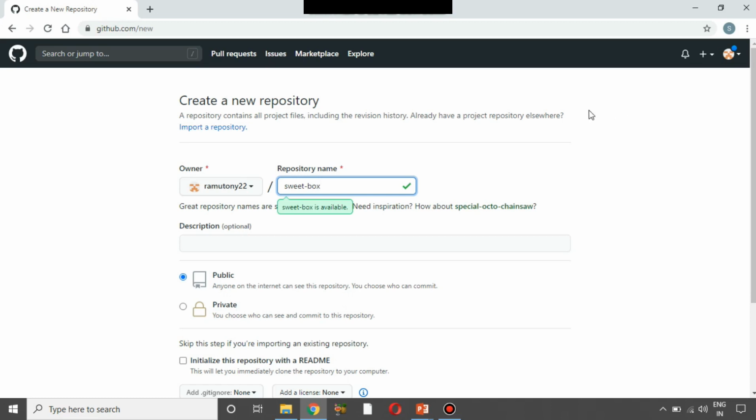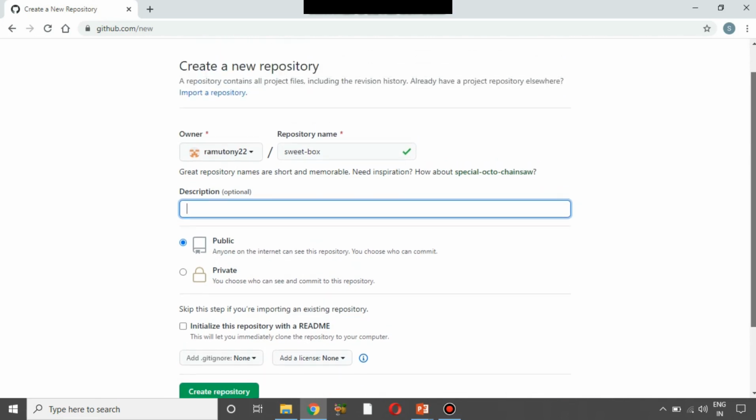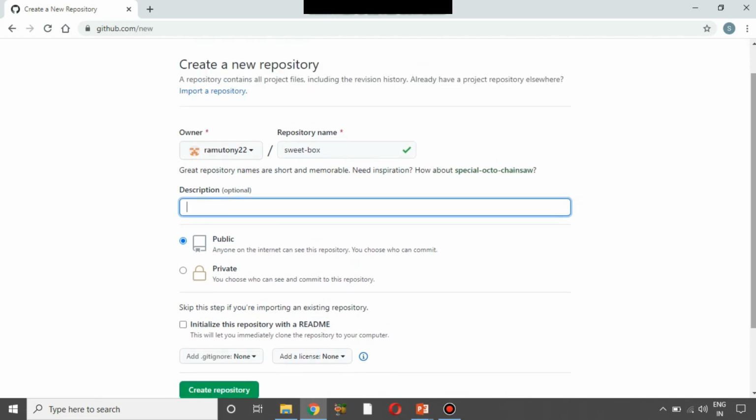Okay, and Sweetbox is available. So that's fine. And under the description you need to provide a description about the repository, like what your repository is going to represent, or what you are going to do under your project. So I'm going to write: this is a project about a Sweetbox.